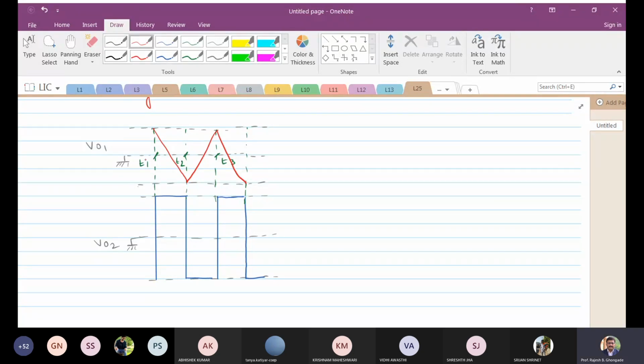Now you can see the integrator output is applied to the Schmitt trigger input, and the Schmitt trigger output is the integrator input. So it is a feedback. So the integrator will produce a triangular output waveform when it has the square wave input. We already know that basic property of the integrator, which we saw when we studied integrators.